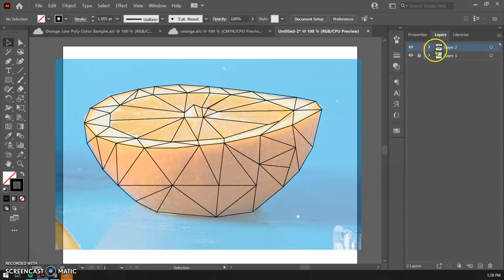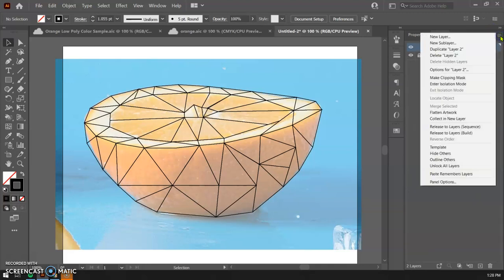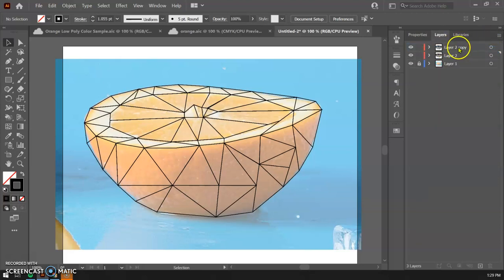You put all this work into these polygons, so what I recommend doing is, just as a backup, we're going to make a copy of this layer with the polygons. So I'm going to go ahead and click on this layer. This has all of my polygons in it. I'm going to hit the little hamburger 3-line menu here and do duplicate. And now I have a copy. That's my backup copy. I'm going to hide it, lock it. It's just there just in case I make some sort of devastating mistake and I lose all of my hard